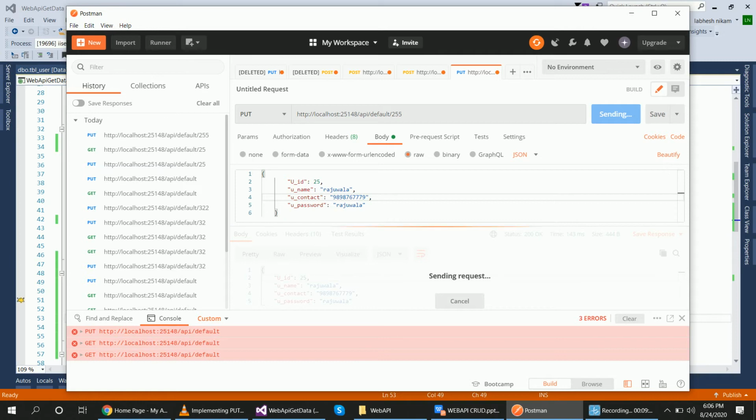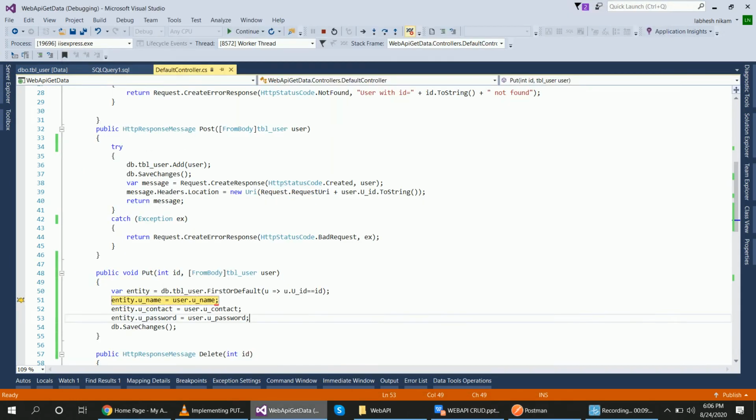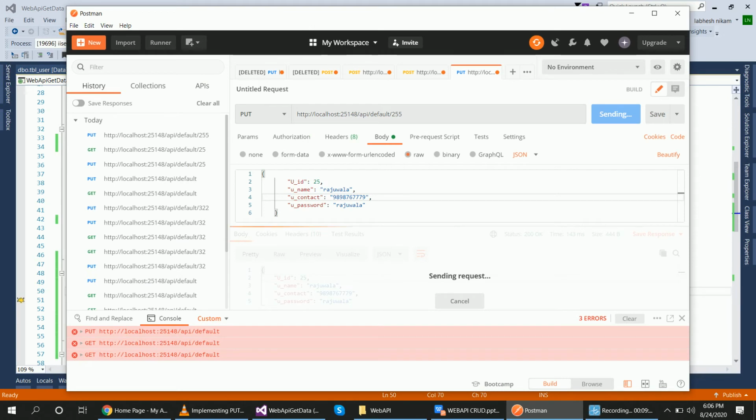Okay, so what will I do for that? First, there are two problems. First, when the ID is updated, that time a 204 No Content message is displayed, but I want to display 200 OK.